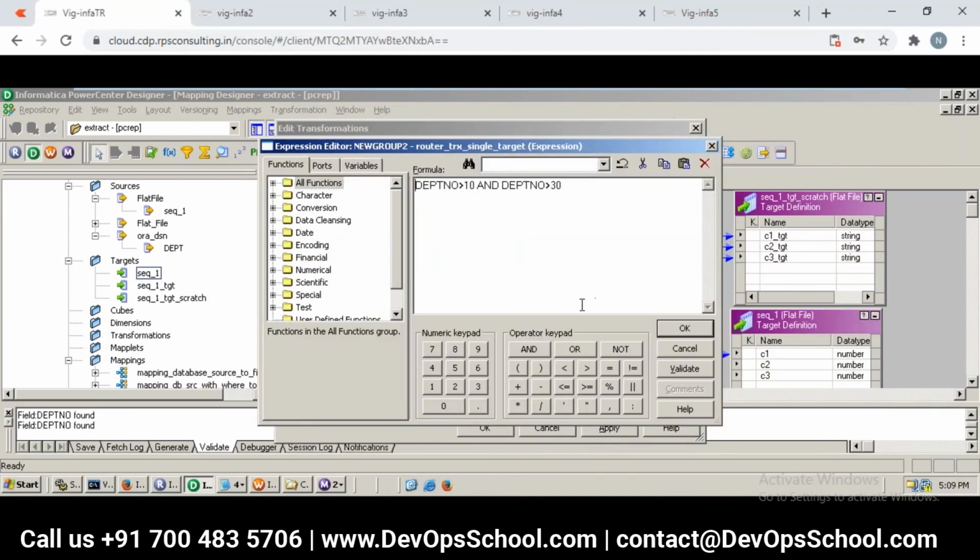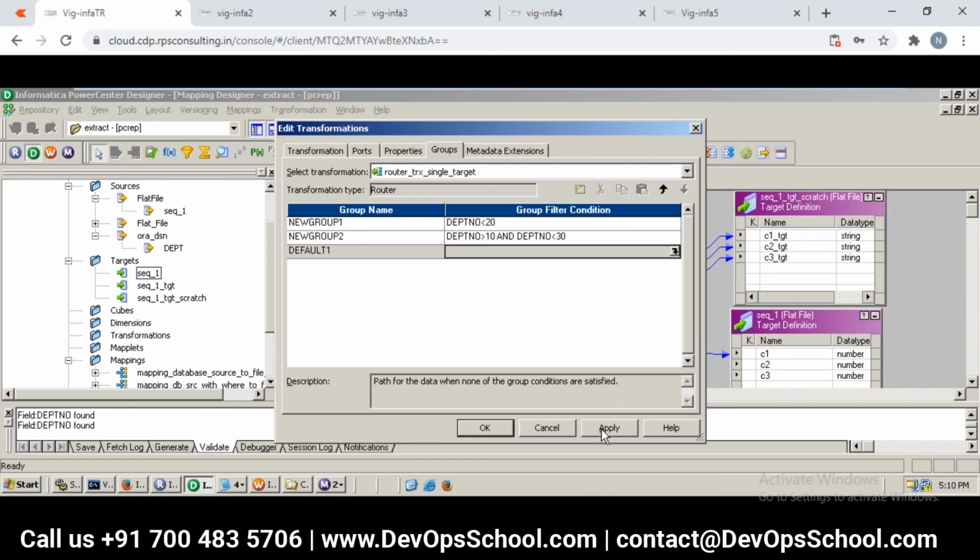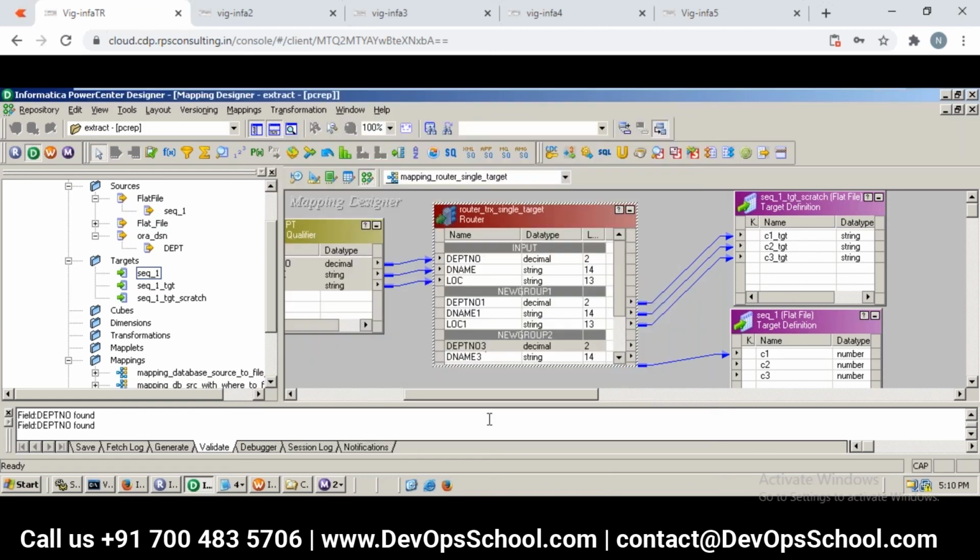Okay. Let me also do it. Oh, it should not be greater than here. This is wrong. It should be less than. Remember, in between, right? It should be greater and less. Say validate. Okay. Then say okay. Apply and okay. That's it. Like how one can start adding